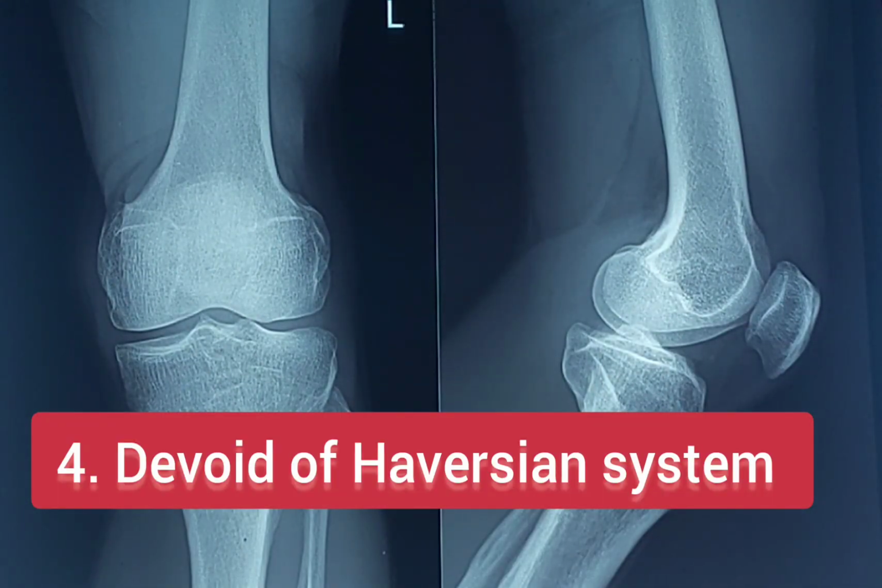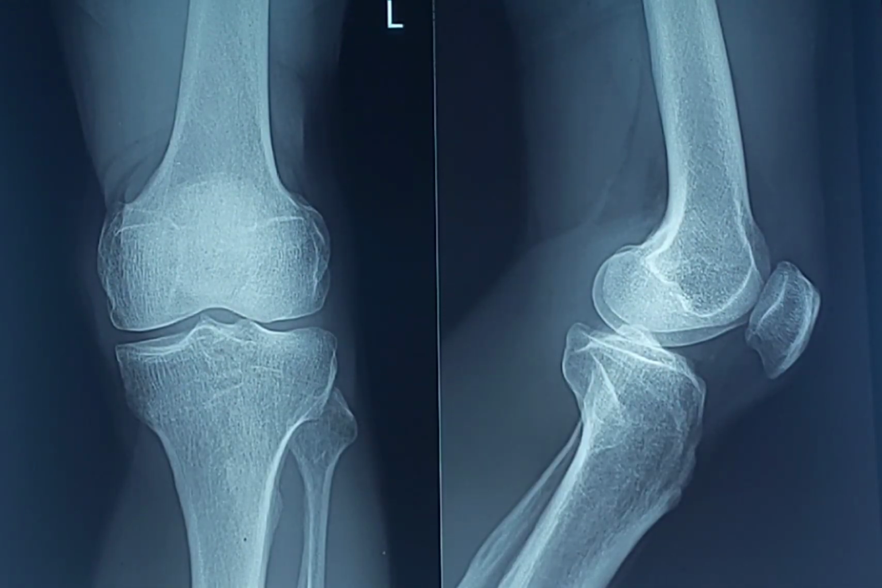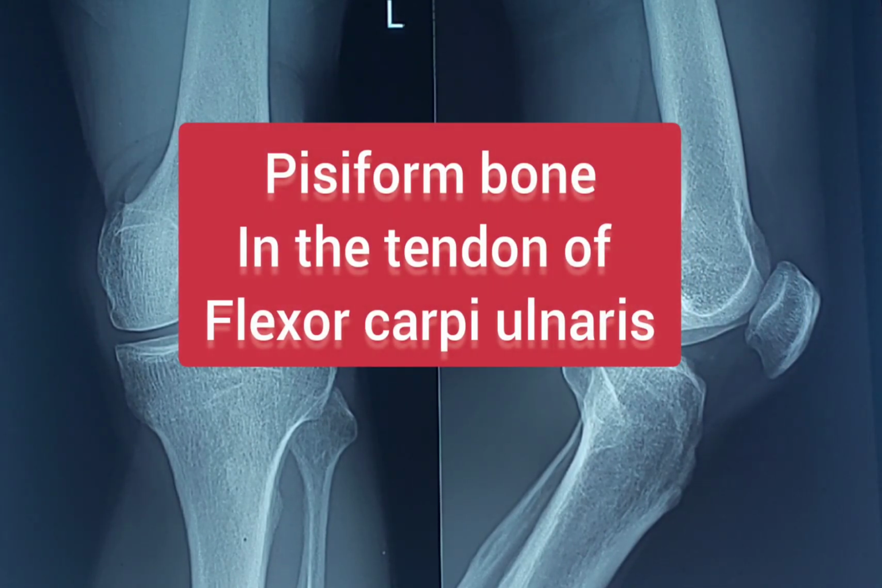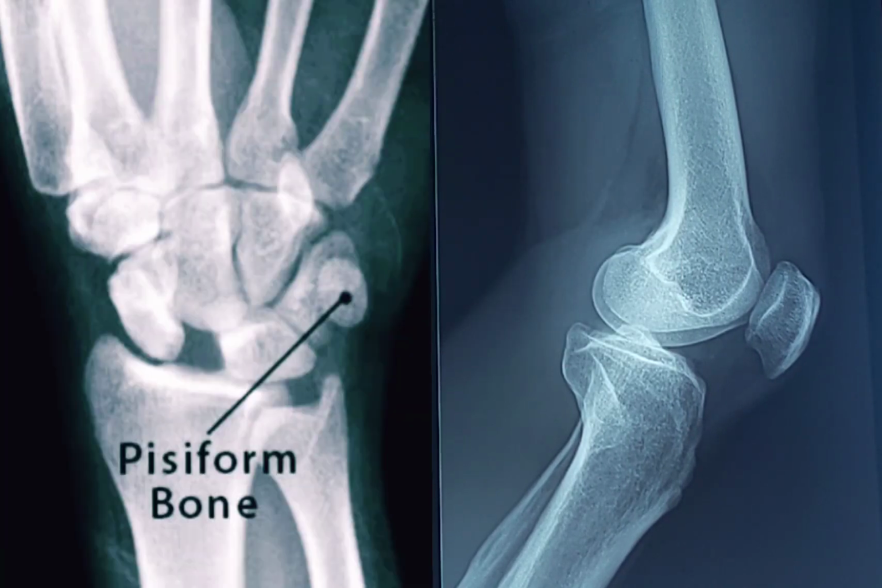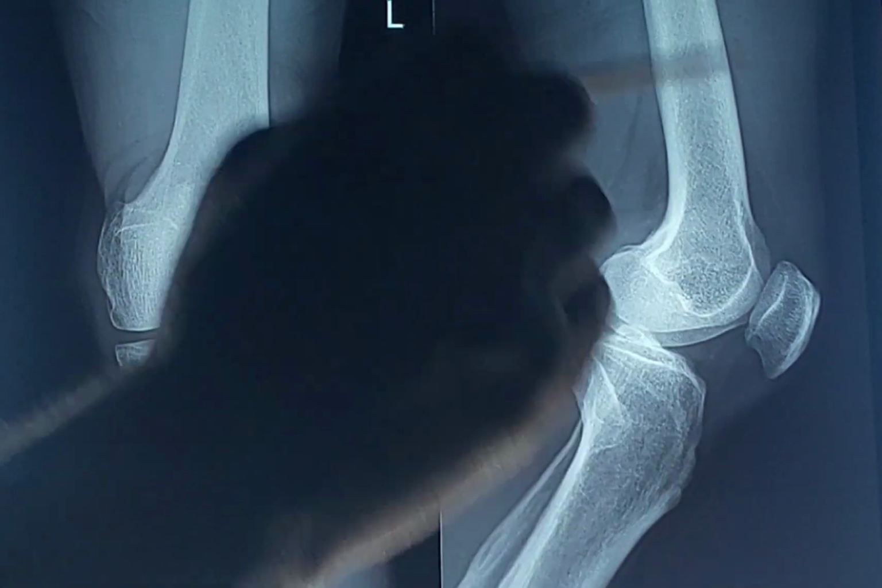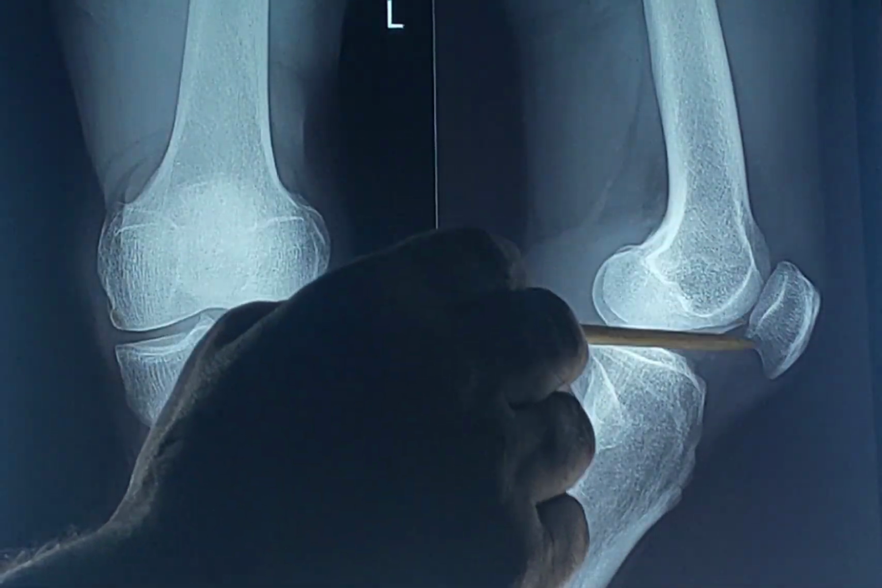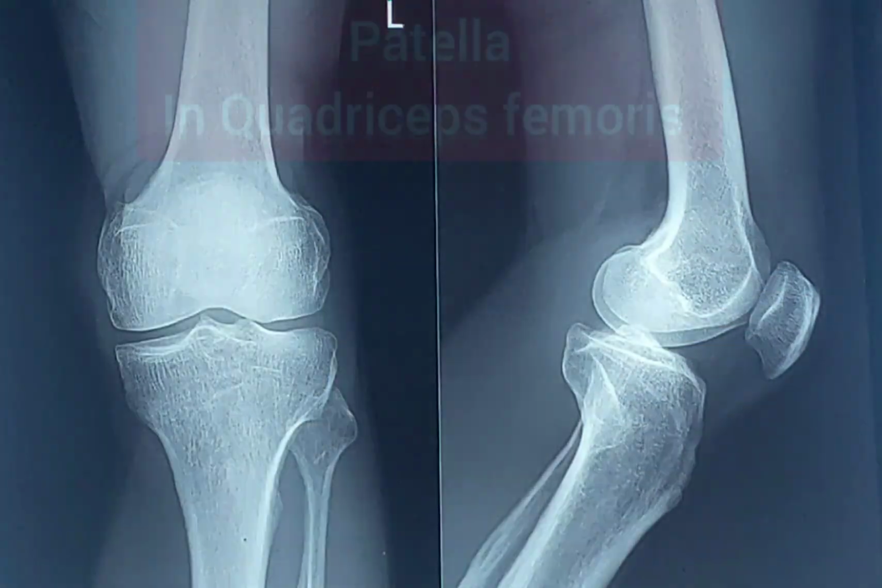You may be asked, can you give an example of another sesamoid bone in the body? Yes, in the upper extremity, or rather in the hand, the pisiform bone in the tendon of flexor carpi ulnaris is another example of a sesamoid bone. You must remember two examples, one from the upper extremity, the pisiform bone under flexor carpi ulnaris, and